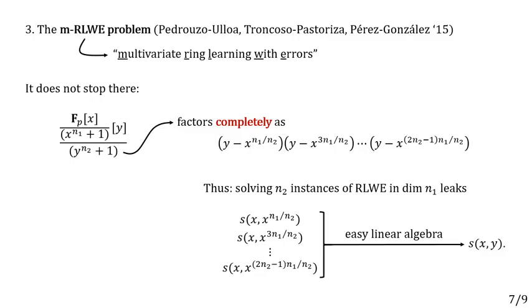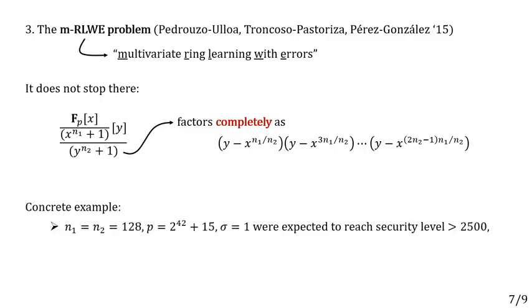So that's our main observation. So let's maybe apply this to some concrete parameters. For instance, you had the following parameter set from the paper of Pedroso Olua et al. To work with n1 equals n2 equals 2 to the 7, so 128. They work modulo the next prime of 2 to the power 42, and they use for their errors a standard